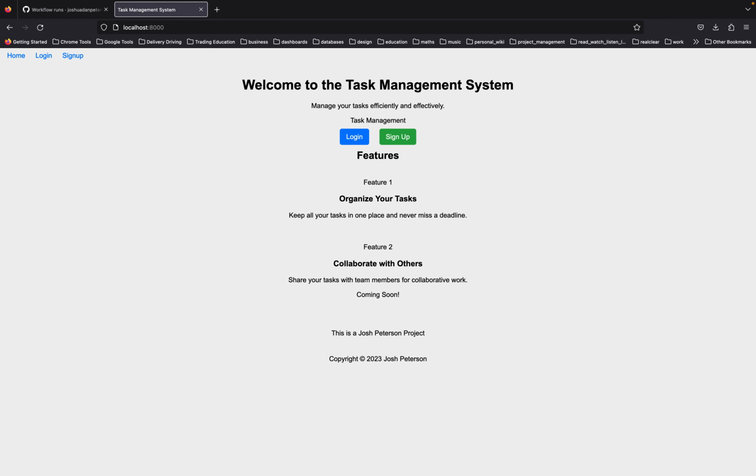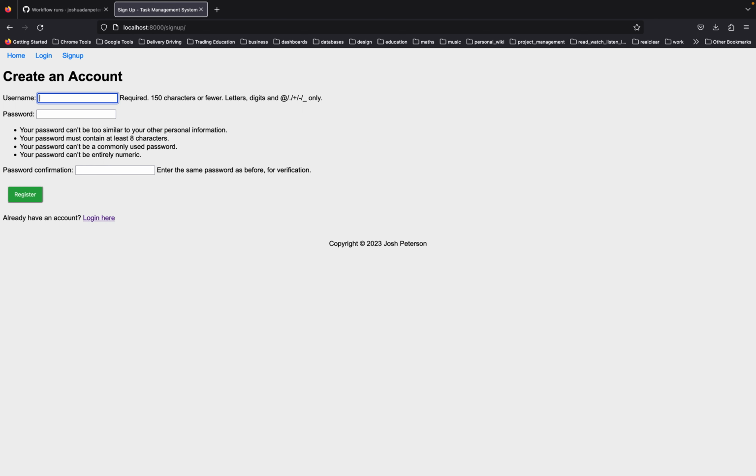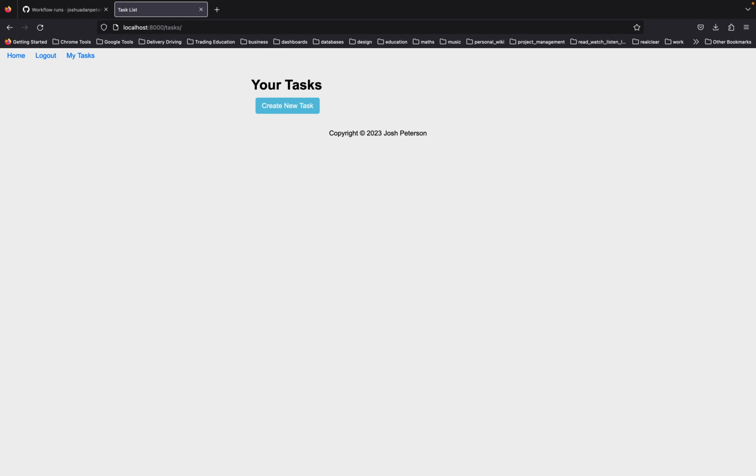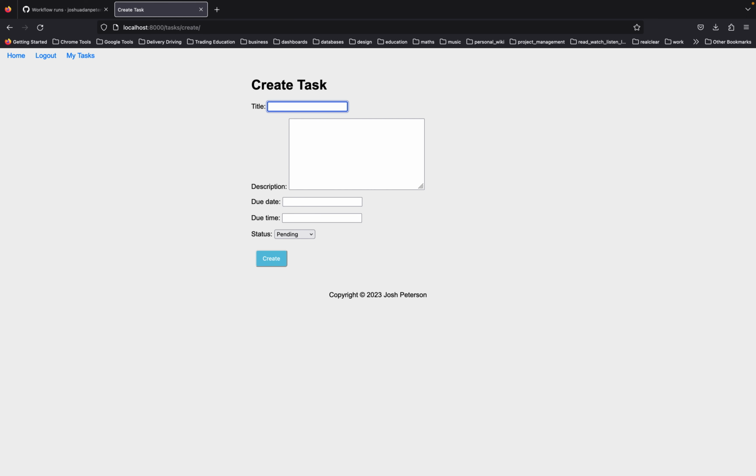And finally, we have the UI. It's pretty basic, but I just wanted to get something up to just test out the functionality from a user side. So we'll create an account, and as you can see, we have my tasks right here. Create a new task,